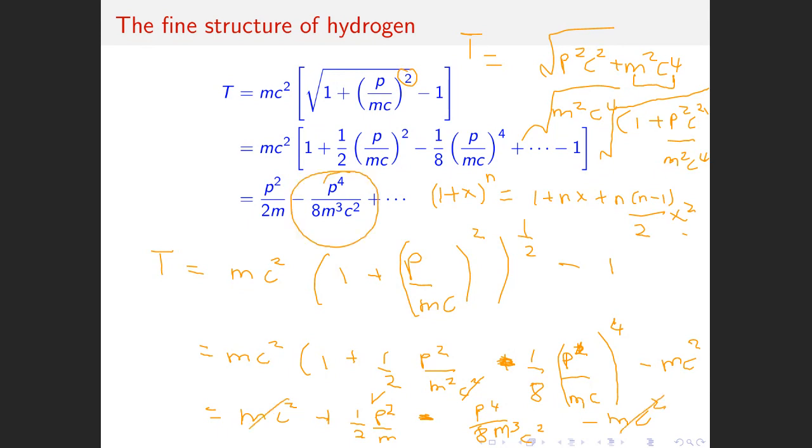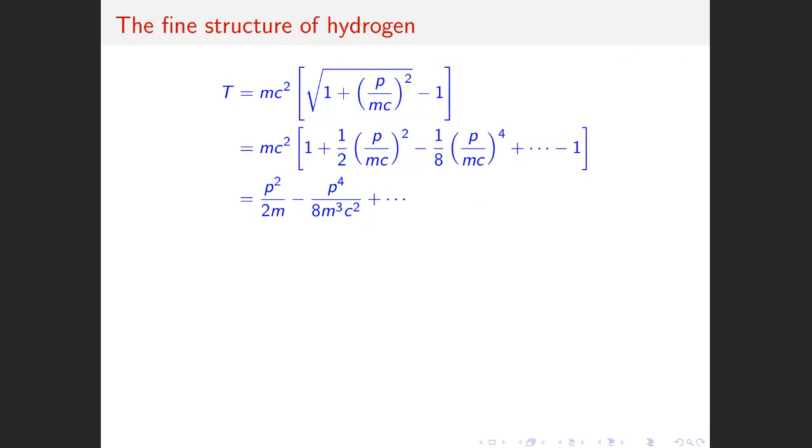Right? So if you were to write this down, what we have done is actually just the Hamiltonian for the Schrodinger equation will be given by the Bohr part, but there's now this extra term, which is minus P^4 over 8 m^3 c^2. Then you can go ahead and try to apply perturbation theory, because you know that E_n was given by